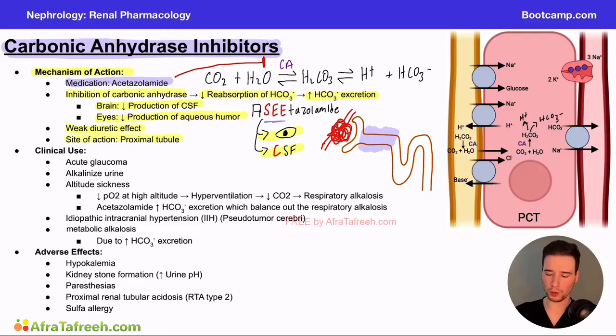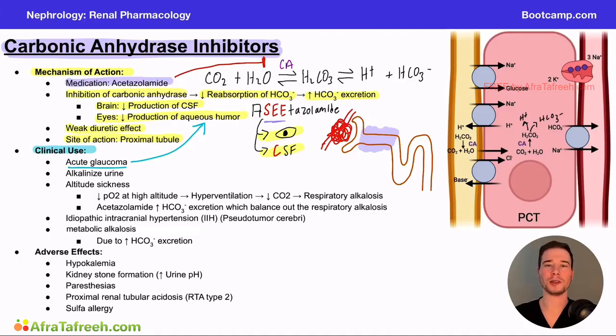Now, moving on to the clinical usage. The first use we'll talk about is acute glaucoma. Now think about the mechanism here. Why would this be useful? Well, we just said that one of the things this can do is decrease the production of aqueous humor. So in acute glaucoma, patients have a disruption in the flow of aqueous humor, so it can build up in the eye itself. This can be problematic and cause damage. So if we're trying to decrease the production of aqueous humor to help the patient out,